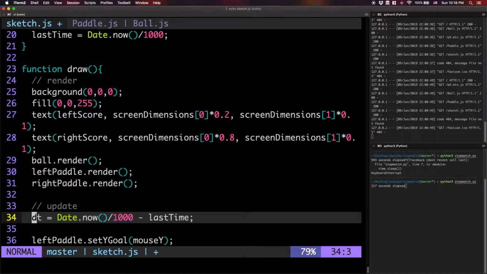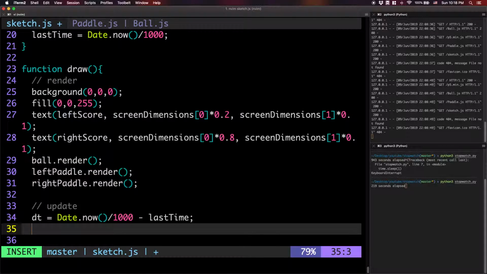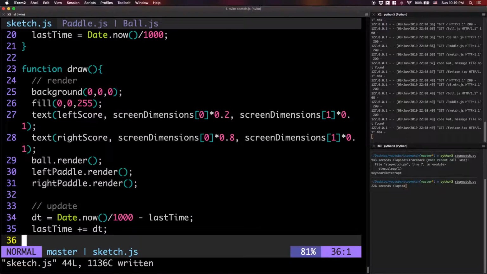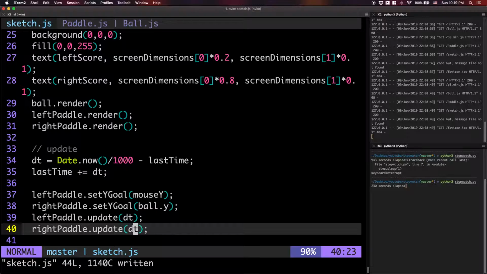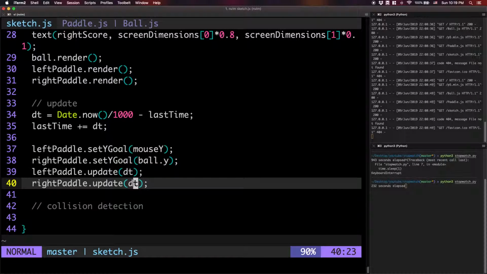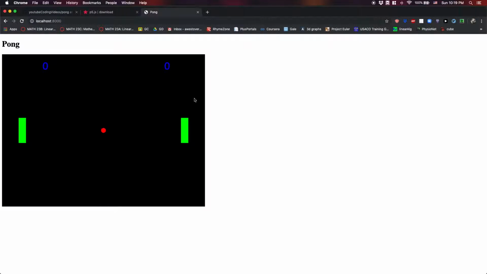And yeah, I think that looks right. And then we're gonna say last time plus equals dt. That looks pretty good. And then we can just feed these guys dt. So now I'm interested if this actually works. I have a suspicion there's gonna be an error for some reason, but okay, so one of them at least